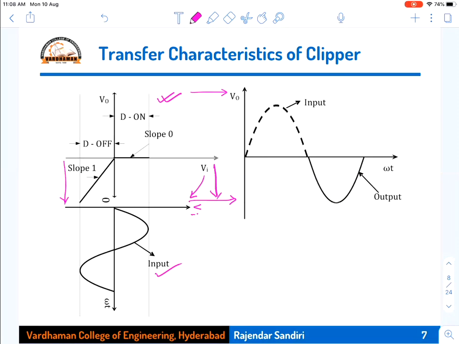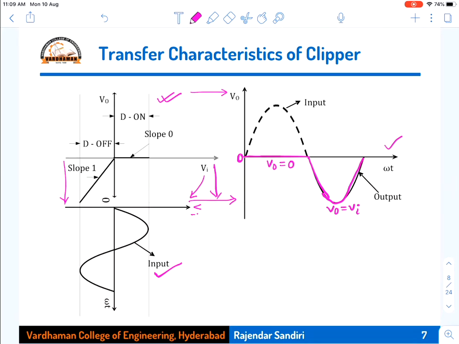First you draw the input, which is a sine waveform, and then you draw the output. You know the output of a positive shunt clipper with zero reference. What will be the output? It is a zero reference. So across the zero reference, it will be off for the first positive cycle, then it will be on for the remaining cycle. Therefore, the output voltage V0 is equal to Vi for the negative cycle, and V0 is equal to 0 for the positive cycle. Those are the characteristic equations: V0 equals Vi, V0 equals 0.